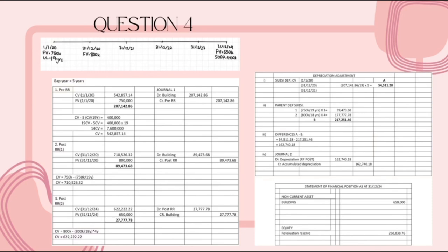89,473.68. And for the last post RR, the CV is 800,000 minus 800,000 divided by 18 years times 4 years. We will get the amount of CV 622,222.22 minus FB 650,000. The amount of post RR is 27,777.78. In the journal would be debit post RR 27,777.78 and credit building 27,777.78. Next, for depreciation adjustment for subsidiary, we will take the value of PRR on 1st January 2020, which is